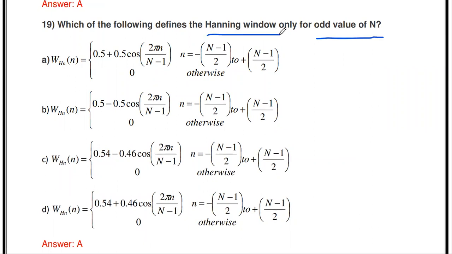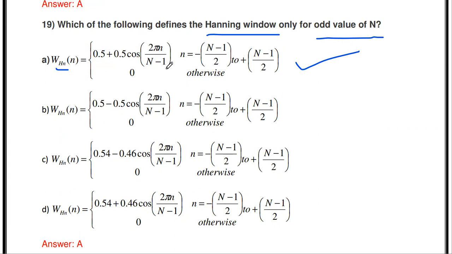Then the next one: which of the following defines the Hanning window only for odd values of N? If N is odd, how do we define the Hanning window? The answer is the first one. The Hanning window is usually denoted by w_HN(n), and the Hamming window is denoted by w_H. So this is Hanning. The Hanning window is defined as 0.5 plus 0.5 cos(2 pi n divided by N minus 1)